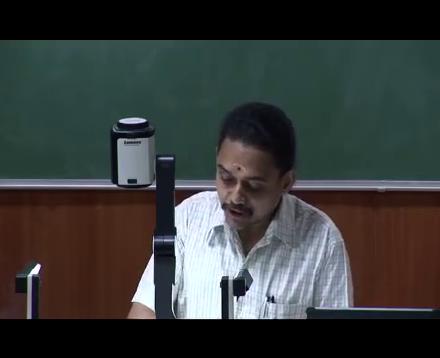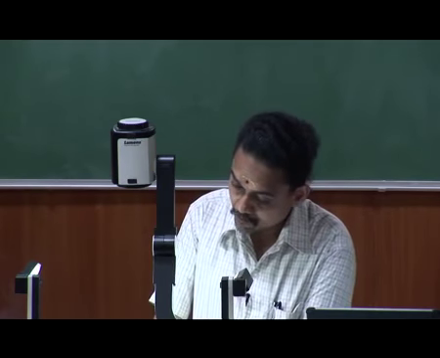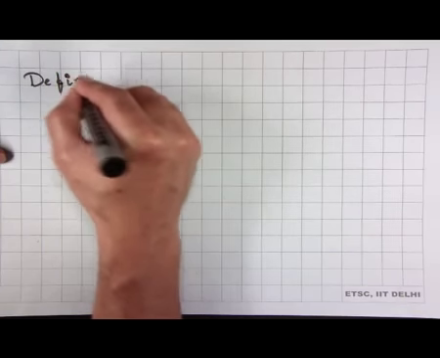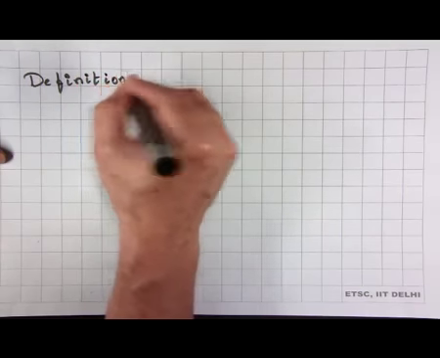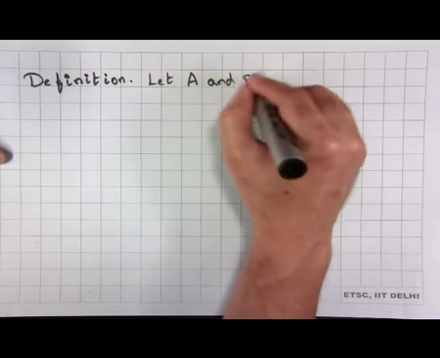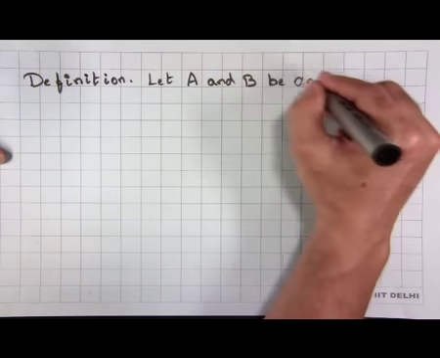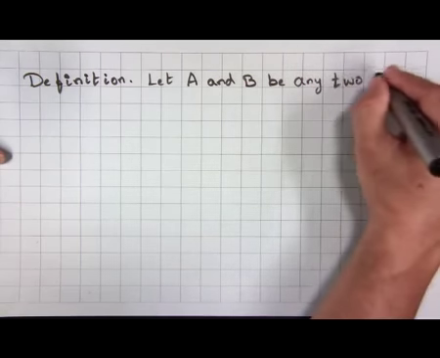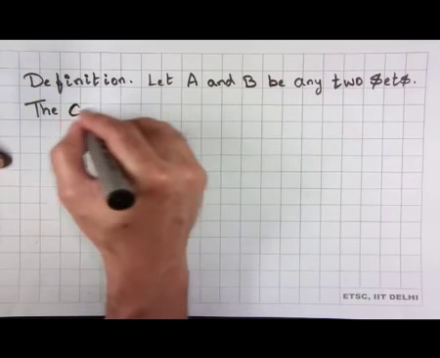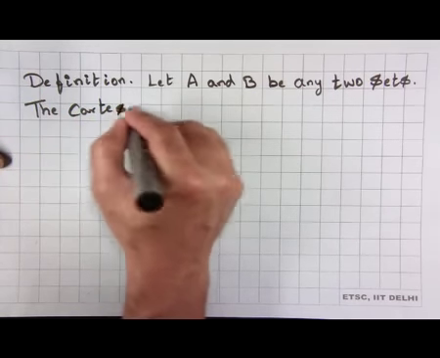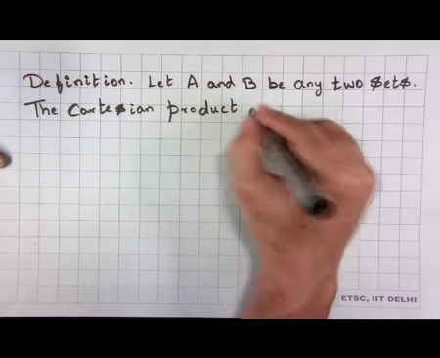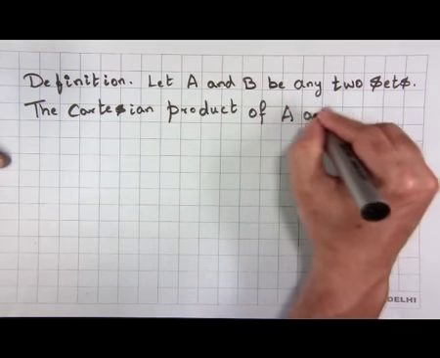as the Cartesian product of two sets. So, let me just write down the definition. Let us begin with the definition. Let A and B be any two sets. The Cartesian product of A and B,